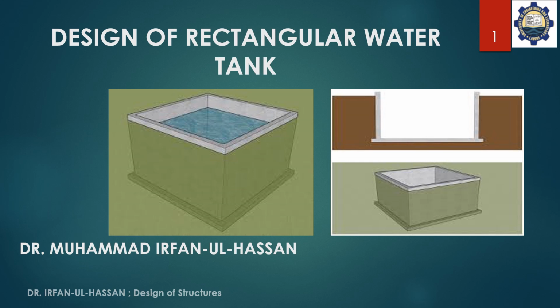As you can see on the slide, a rectangular water tank is comprised of definitely the base slab and the walls. It can be an on-ground water tank, or it can also be an in-ground water tank. For in-ground water tank, we have to use two conditions: that tank is empty, where there is no water loading and only the soil loading is present. And for on-ground tank, there is no soil loading from outside.